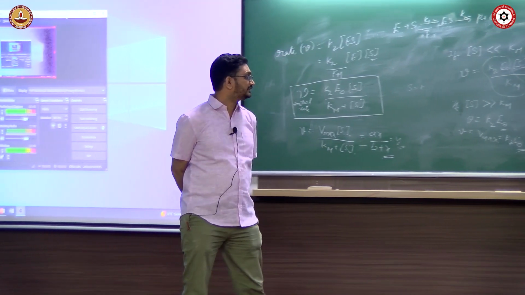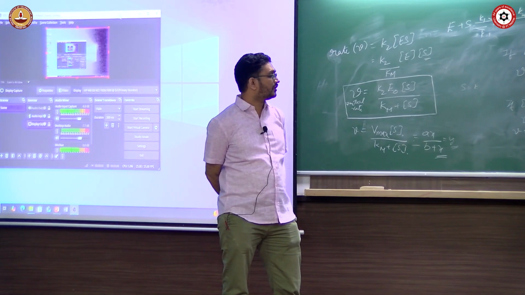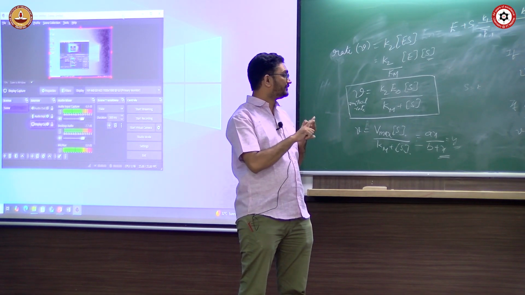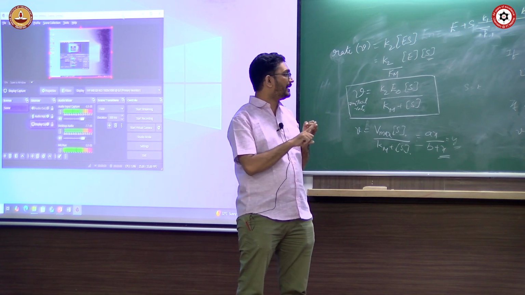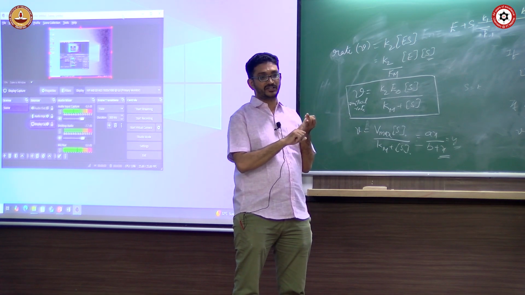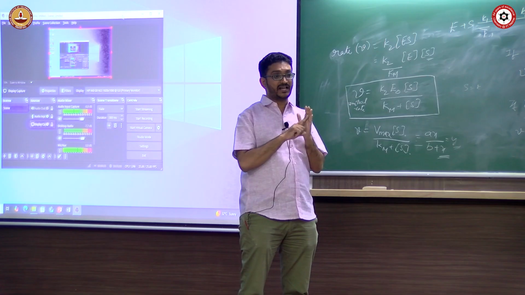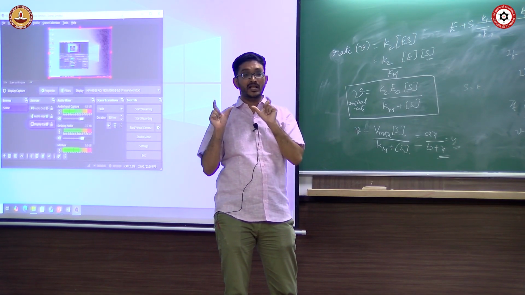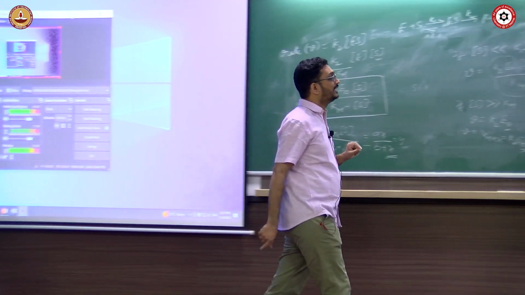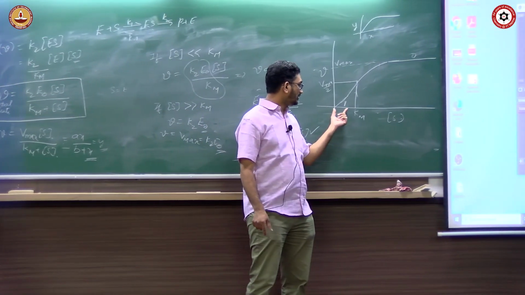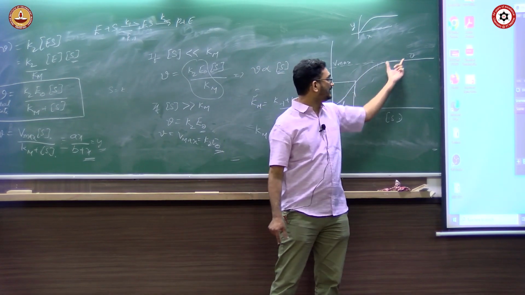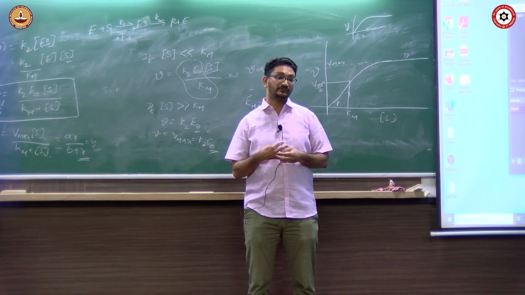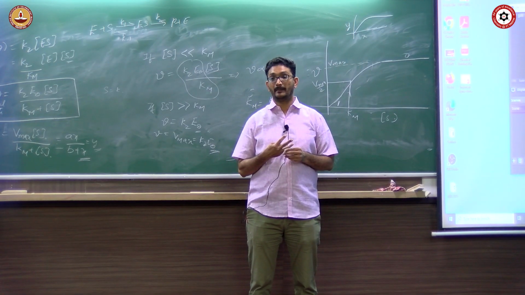Okay, so basically what I have told you is the physiological and physical meaning of Km, the physical meaning of Vmax, and how the order of a reaction, or the rate of the reaction, changes with the substrate concentration. With respect to substrate, it is first order at lower substrate concentration and zero order at higher substrate concentration. Now with respect to enzyme,